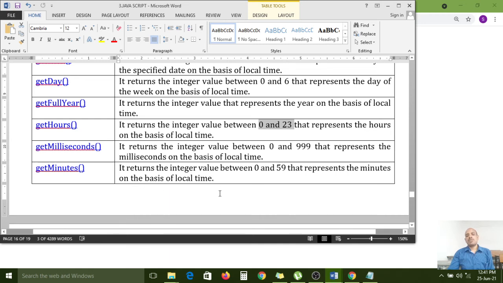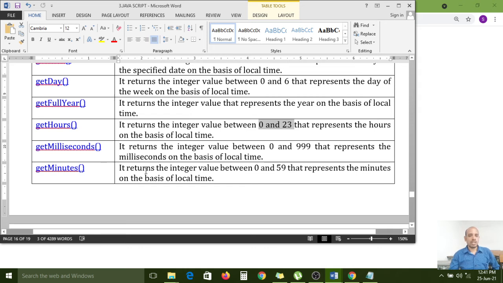Local time is whatever time we have in our system. Global time means the time running on the internet through some other server. We are getting the date from some other server, that is called global time.